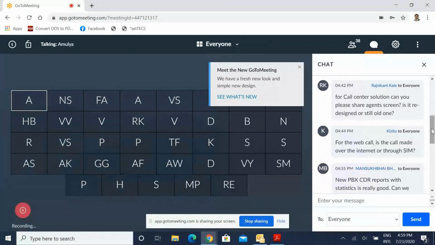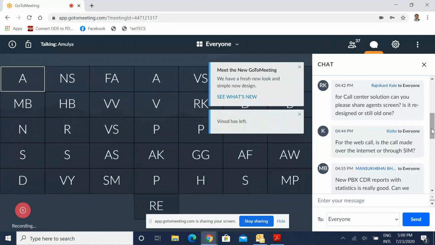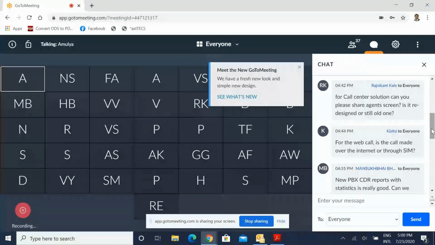So accordingly, I will send you the screenshot. But there is a wow factor. You can really say there is a wow factor even on the agent interface. Agent screen also looks much better than the screen we used to use before. Okay, I will share it with you, sir. Maybe I will include it in the presentation itself.